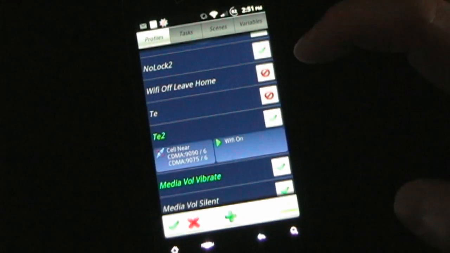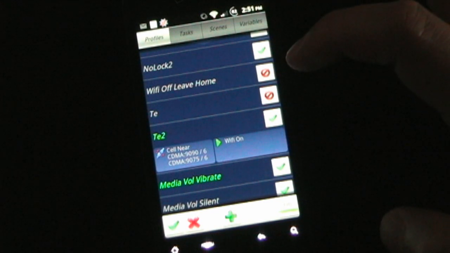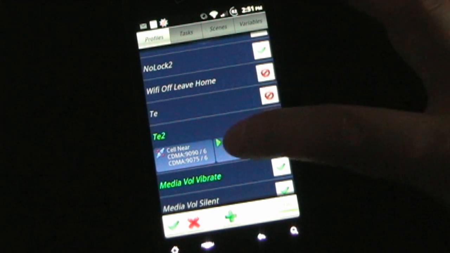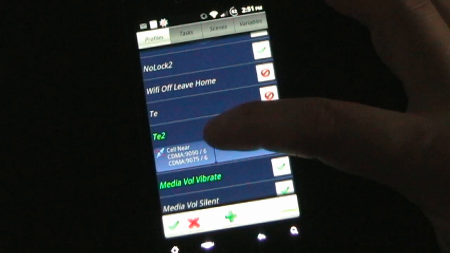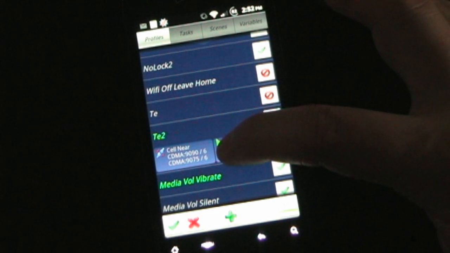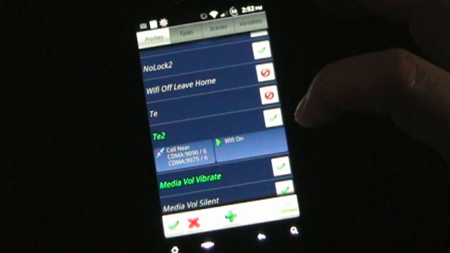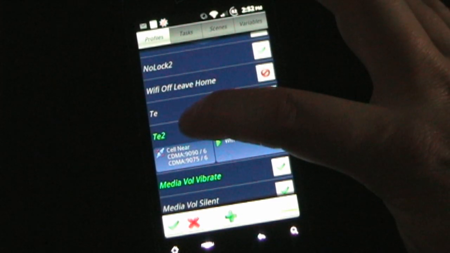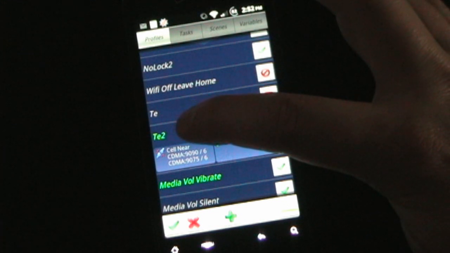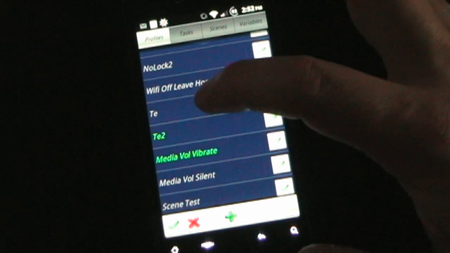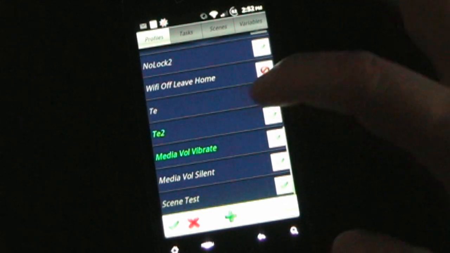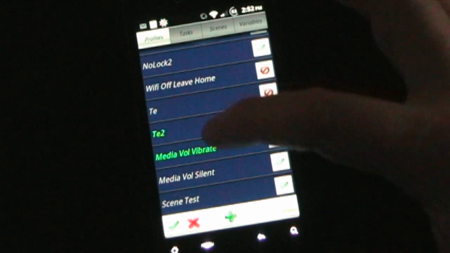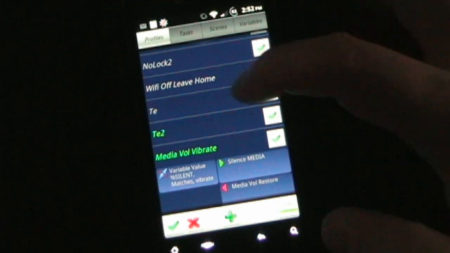I don't know why I named that what I named it, but anyway, anytime I get near these 2 cell towers, which are the closest 2 cell towers to my home, if my Wi-Fi is not on already, it'll cut it on automatically. So it just turns my Wi-Fi on in case I leave. I usually turn it off when I leave the house. If I forget to turn it back on, it should cut on automatically when I get close to my home. Media volume